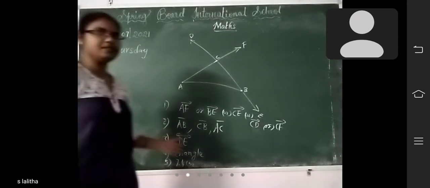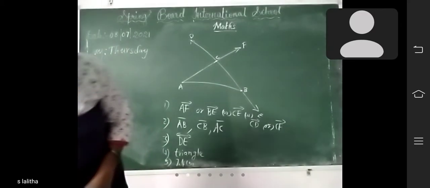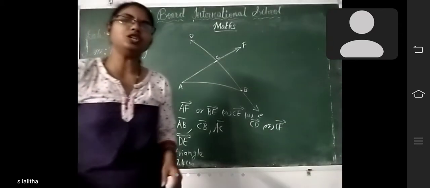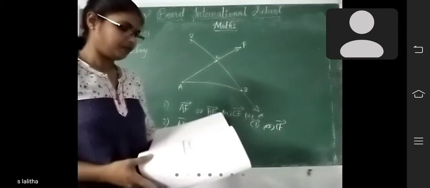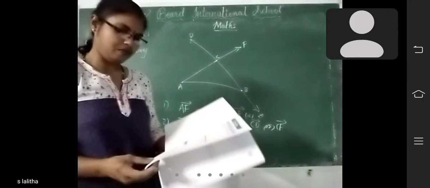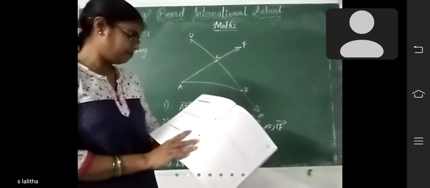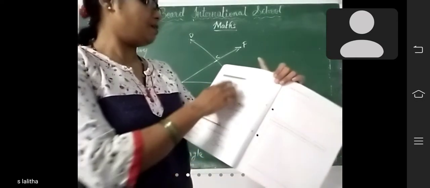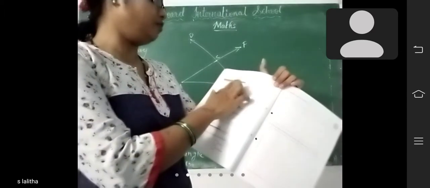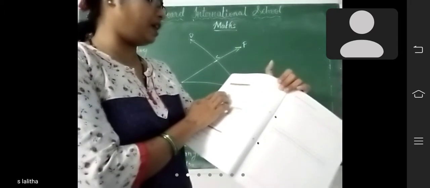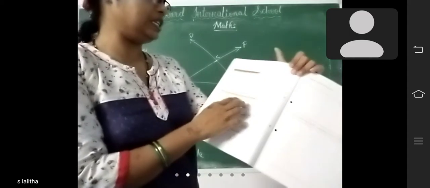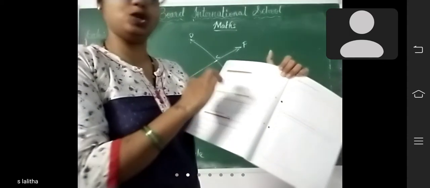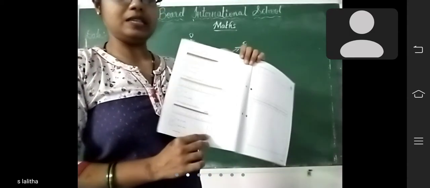Did you finish this one, children? Next, open your companion. First page, completed the homework. Next, second page, tick the correct option. Here some objects are given. The length of the belt is given and the ruler is also given. You should measure it and tick the correct option. Okay, children? This is the homework.